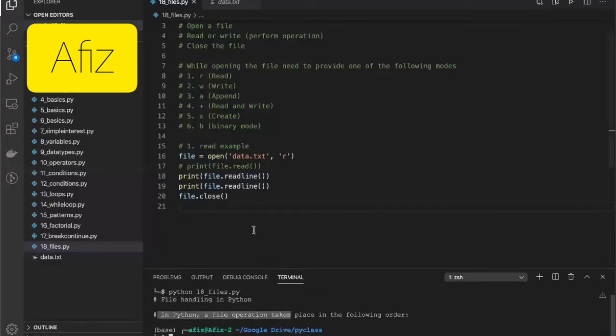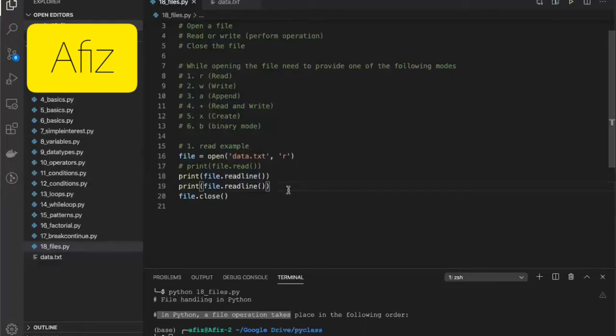That means the file pointer, when you readline, will read the line and it will be pointing to the second line location. So that's the reason when you do the second readline, you will get the second line. And if you execute one more time, you will get the third line, and so on and so forth.